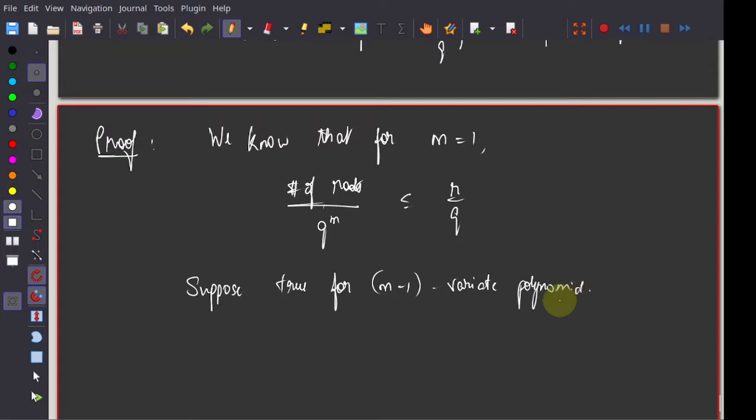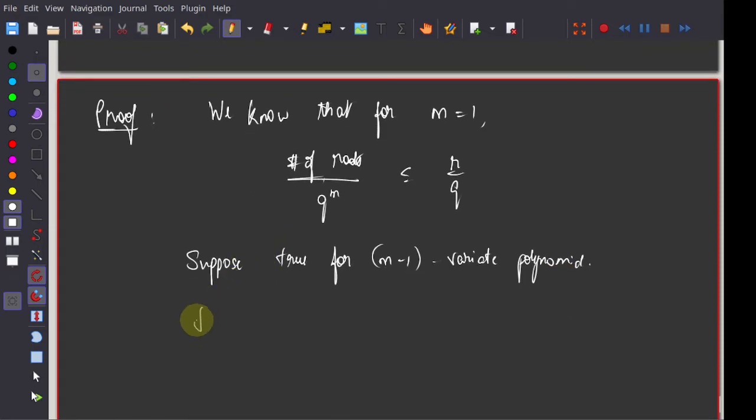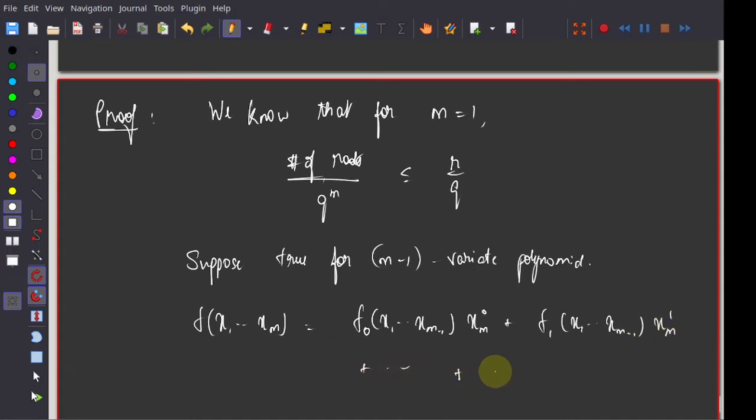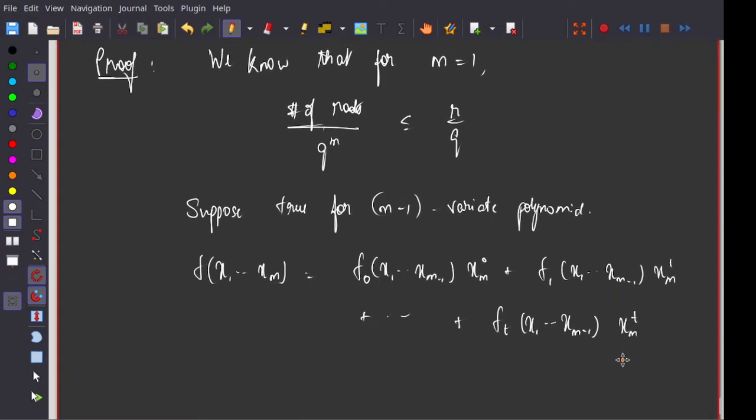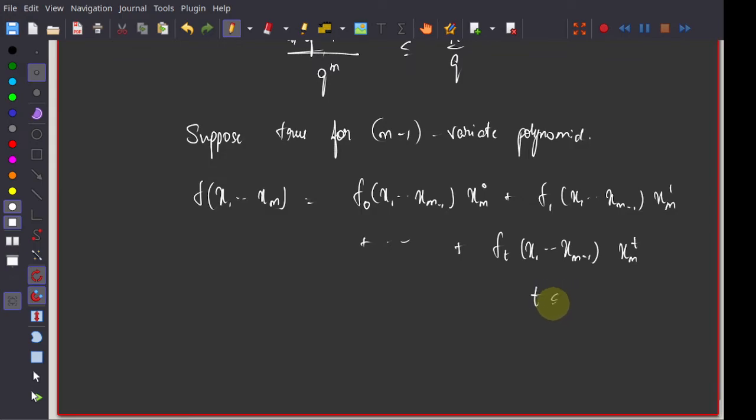Suppose it's true for all m minus 1 variate polynomials. Now I'm given another polynomial in m variables. I want to show that this statement holds for polynomials in m variables. Now I can write any polynomial in m variables in the following way: f0 of x1 to x m minus 1 times x m to the power 0, plus f1 of x1 up to x m minus 1 times x m to the power 1, and so on all the way up to f t of x1 to x m minus 1 times x m to the power t, where t is less than or equal to r,